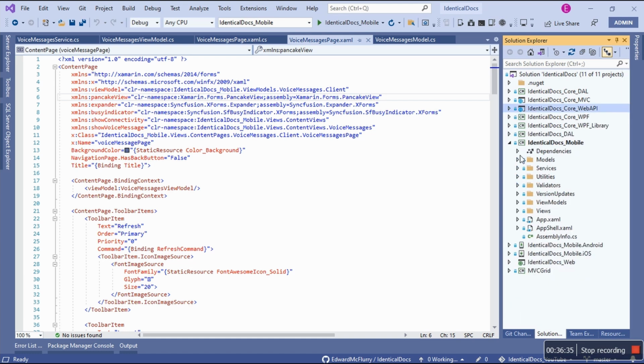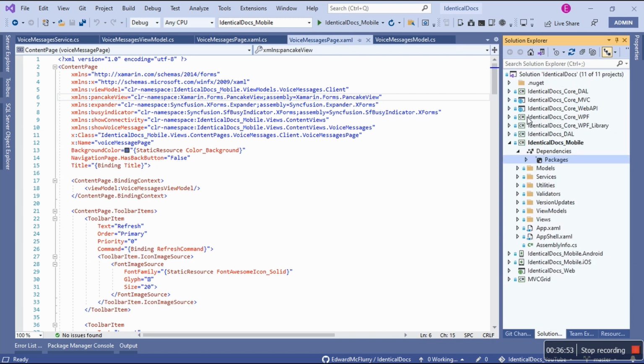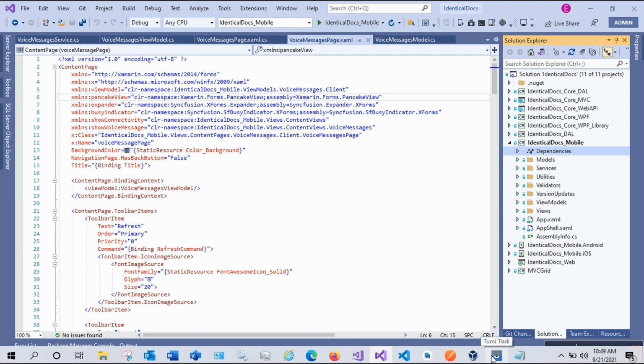So let's go back to dependencies, packages. Where is it? There we go. Xamarin.Forms.PancakeView. This NuGet package, version number 1.3.7. So what it does and what it allows me to have access to is